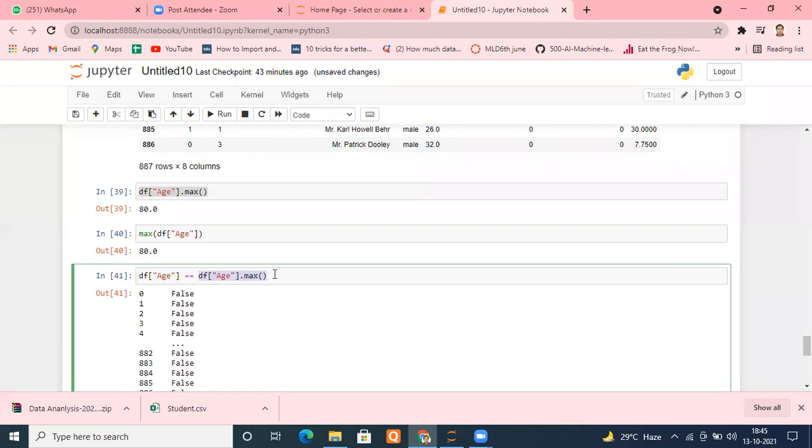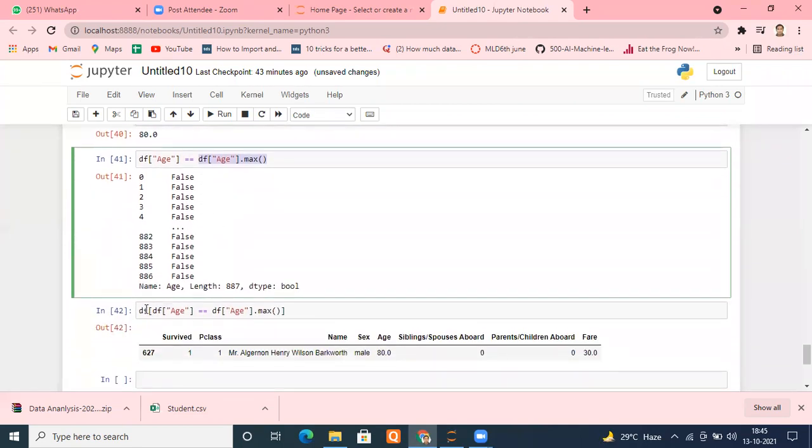This returns true where both are equal and otherwise false. Now pass this filtering criteria to my original data frame. Put a square bracket and pass this filtering criteria. Give me only those rows of the data frame which satisfy this criteria. And in this case, there is only one row which satisfies it.